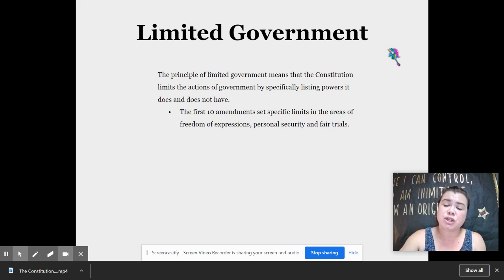Now, in order for the Constitution to be ratified, the Bill of Rights had to be written to compromise with the states who were not very comfortable with the original version of the Constitution. So the amendments had to be supplied and promised in order to get those states to ratify it. And those amendments were originally designed to protect states from the federal or central government. And now we use those amendments more as a personal civil liberties thing as well. So it's kind of evolved into that as well.